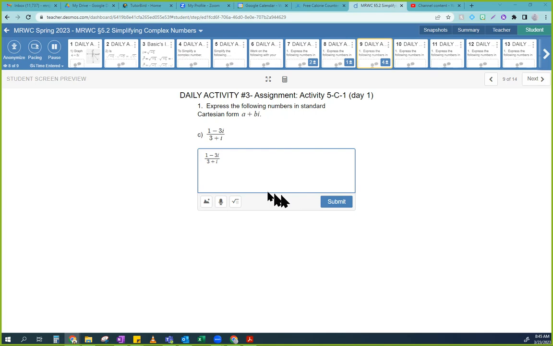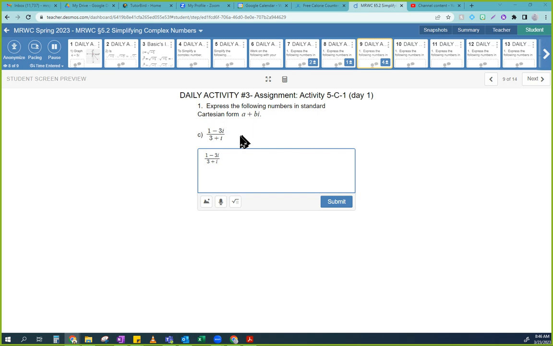Okay, so another one, same kind of deal. All we're trying to figure out is can you get this in standard Cartesian form? So I'm going to use words so that you hear them. Standard Cartesian form just means a plus bi. The reason why that's called that is because then you can graph it, right? Cartesian means that you're going to be graphing it on the xy axes, even though you can't graph this